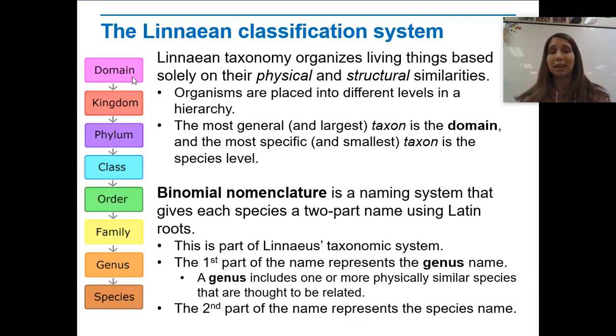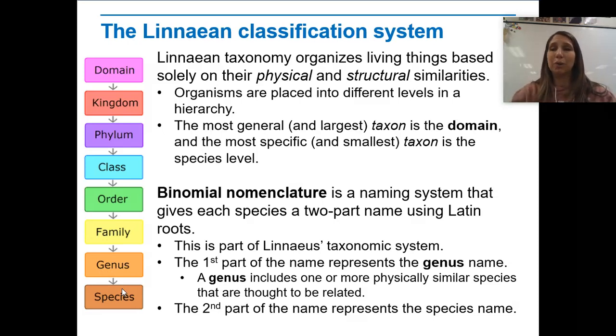So they may be the same in this taxonomic system all the way down to even the genus level, but then when we get down to species, they're given a different name. Okay, so as part of the system, the additional piece that he comes up with in devising this taxonomic system